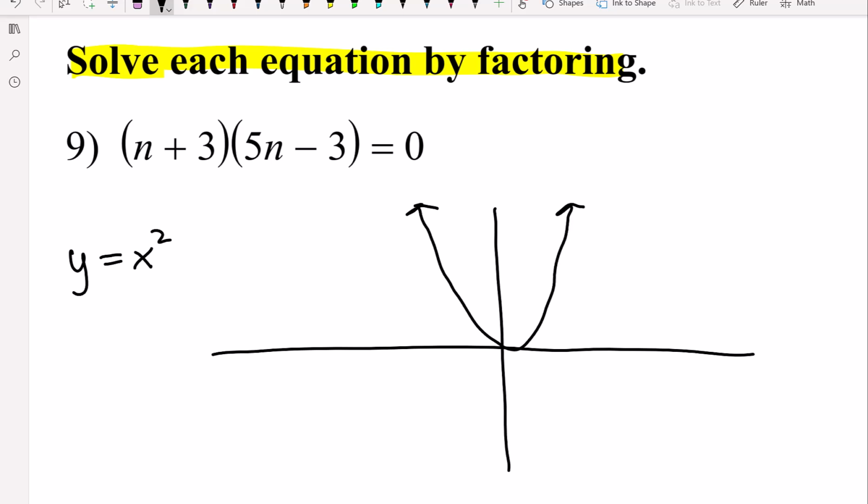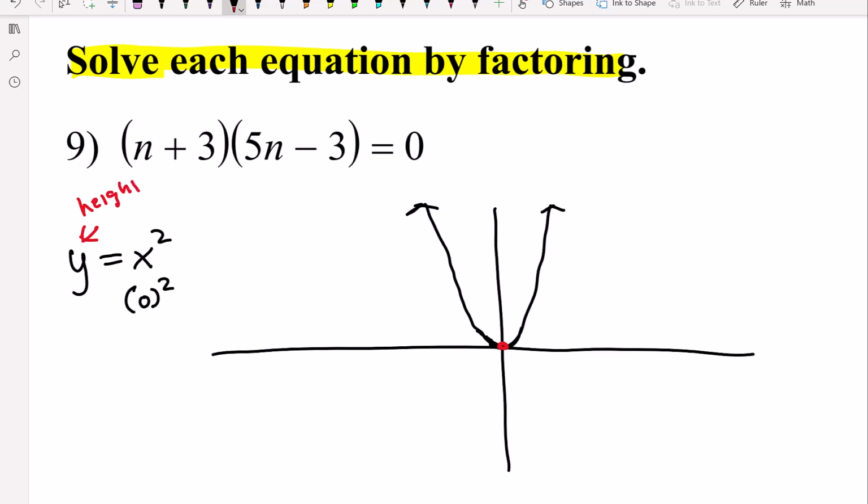So if you put a 0 in for x, you're going to get a height. Well, I didn't necessarily draw that very well. It should have been more like this. Let me erase that. There we go. You're going to get a height of 0. So remember, this is y right here. When we're solving, we're finding the height of 0. So this 0 right here means the height of y. And what that tells us is